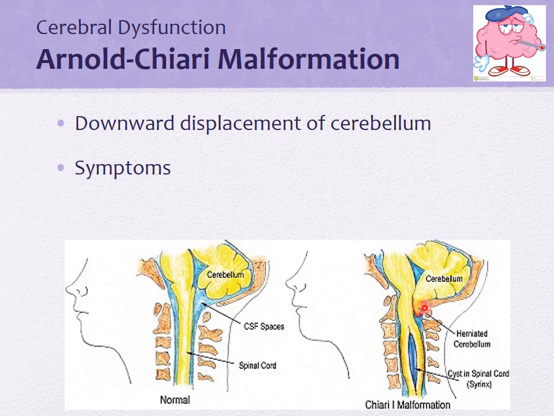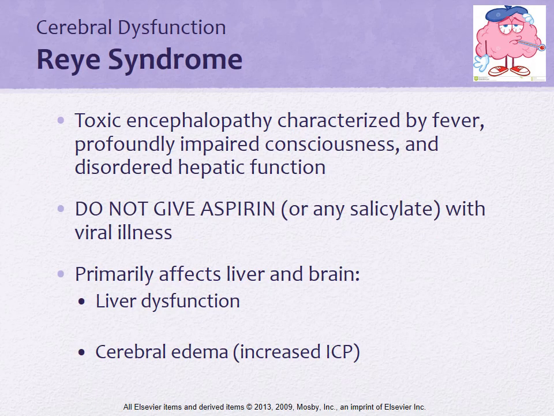So I had a kid, not in nursing school, but as a school nurse, who had type 1 Chiari malformation, and I just had Motrin on hand. So if he came in and complained of a headache, then I would give him the Motrin and just let him be. But if he started to have other symptoms, then I was to notify his mom. She'd come pick him up, and then they would take him to the doctor. It's very interesting. You may see this more often than you think.